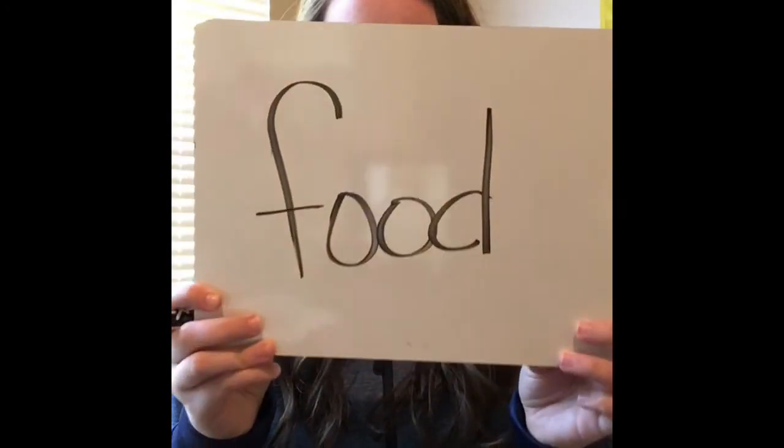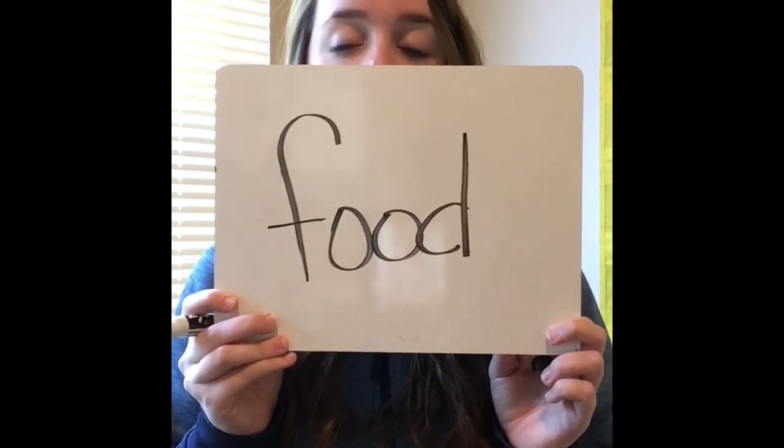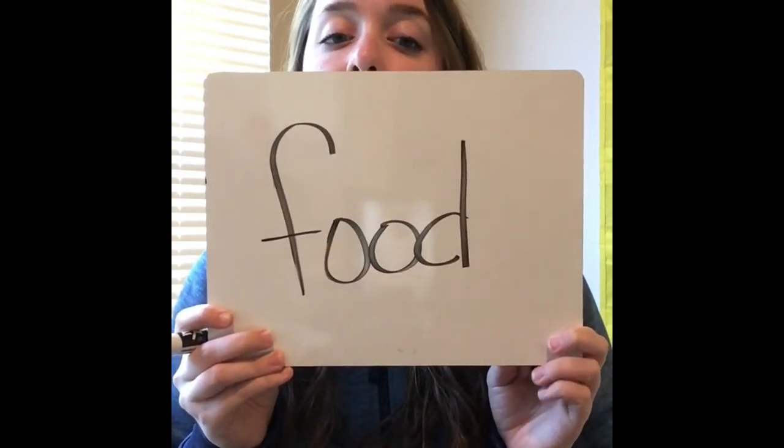All right, can you write the word food? Food. Food. Here's the word. F-O-O-D. Food. Good, so both of those words have the boot and foot twins in it that say ooh. But now we're going to switch over to their other sound, which is